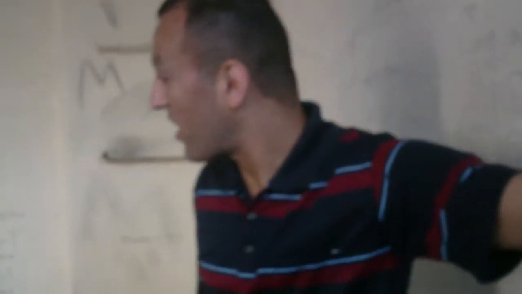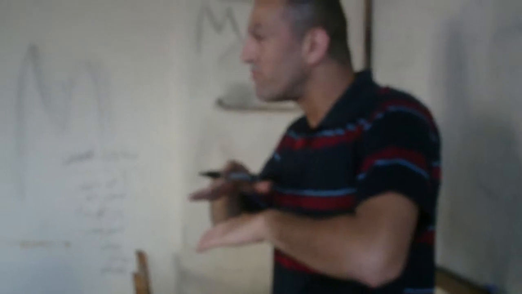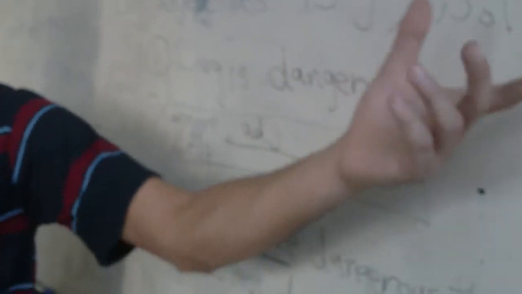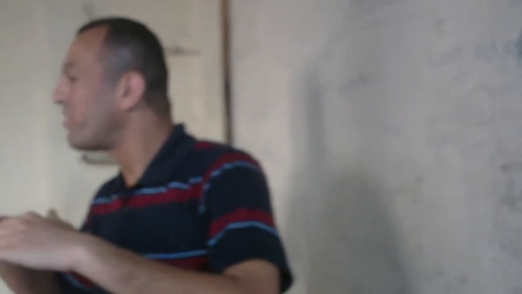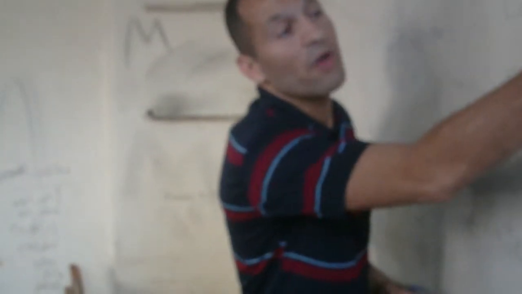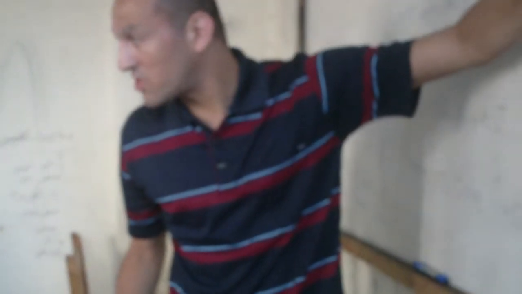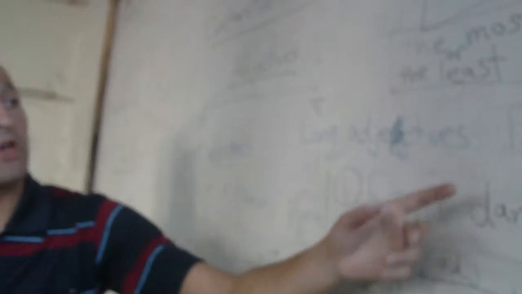We know that the lion is very dangerous. I need to make a comparison between how much danger there is among these three animals. I will choose lion as a very dangerous animal. Okay, I will depend on this grammar rule, because I make a comparison between three somethings. I need to say that the lion is very dangerous, more than the dogs and more than the wolves. Okay? I will say lion